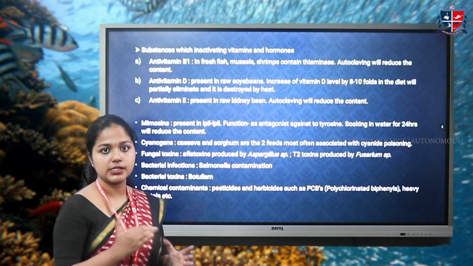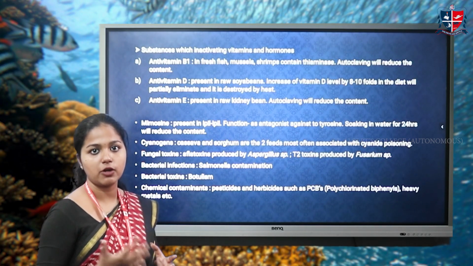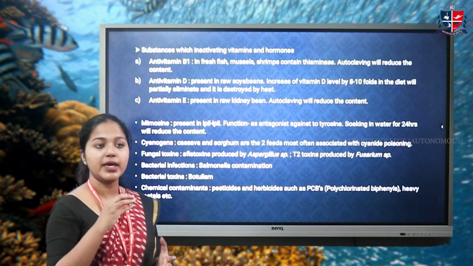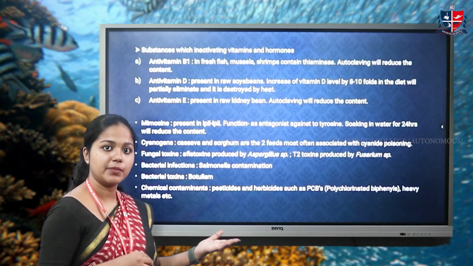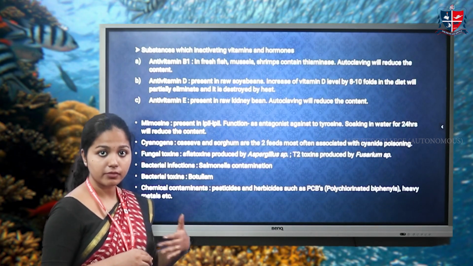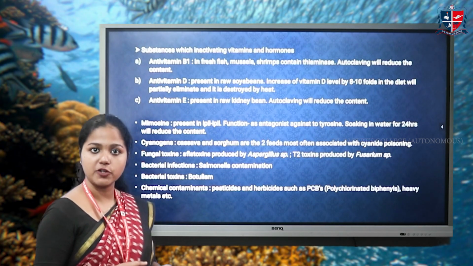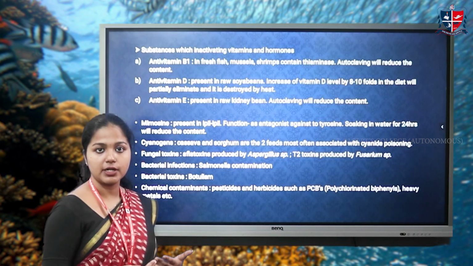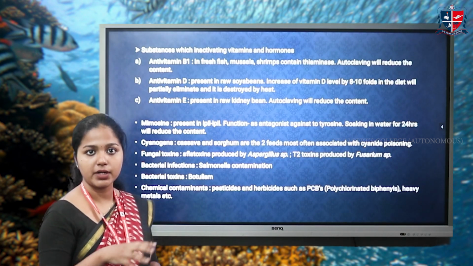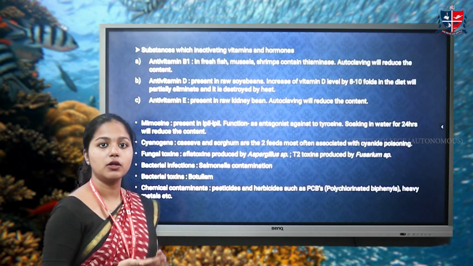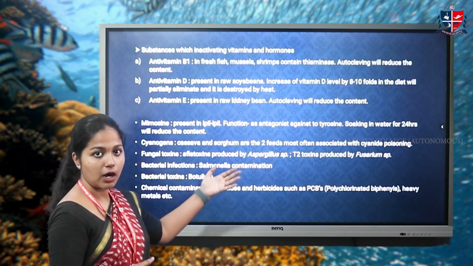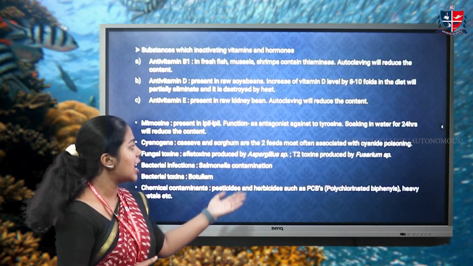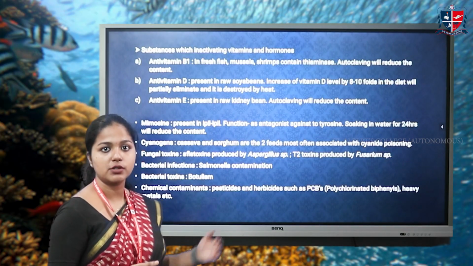And next are the fungal toxins. A feed with a highly nutritional profile, or high quality feed, may contain these fungal toxins, because fungal contamination or fungal spoilage can occur easily. For example, Aspergillus flavus is the most dominant species among the fungal contaminants, and others include Fusarium species. The aflatoxins are produced by Aspergillus species, while T2 toxins and other mycotoxins are produced by the Fusarium species.